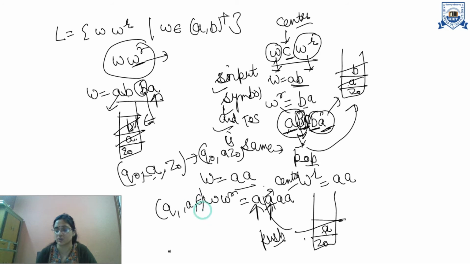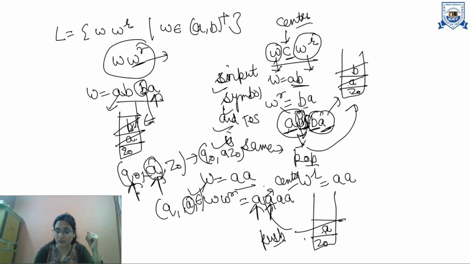Pop operation is also there. Fine. So for the same input symbol, for A, I am going to use more than two states. That means I am doing the push operation also, and I am going to perform the pop operation also. So this problem is a non-deterministic state, because for the same input symbol,